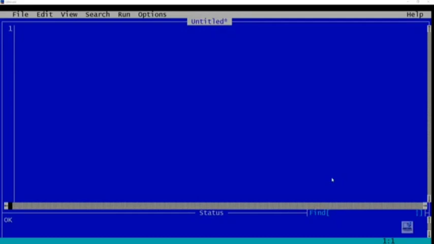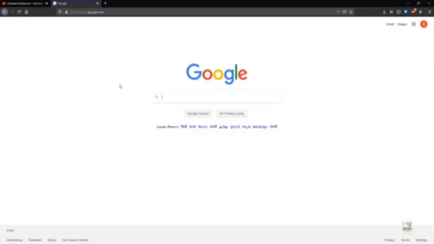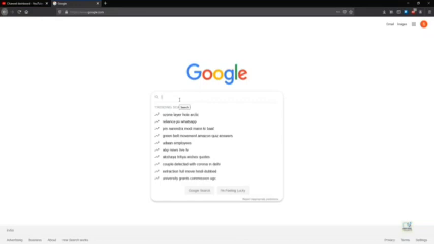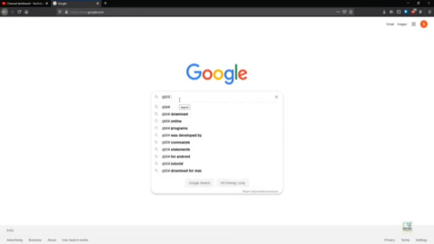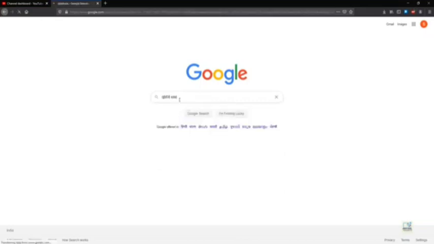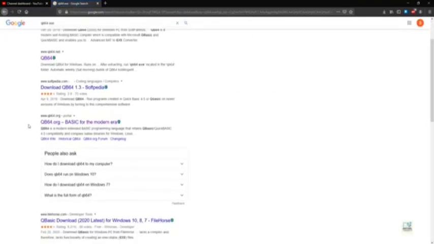This is the software that we are going to use for the QBasic programming. It's QB64. First I would like to explain you how to download this software. Open your web browser, go to Google, type qb64.exe. Press enter. Go to this website www.qb64.org.